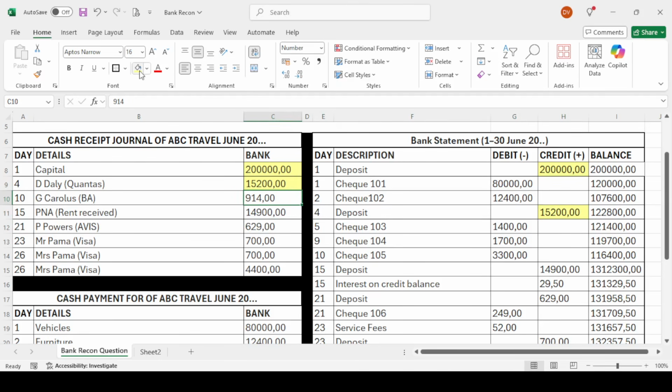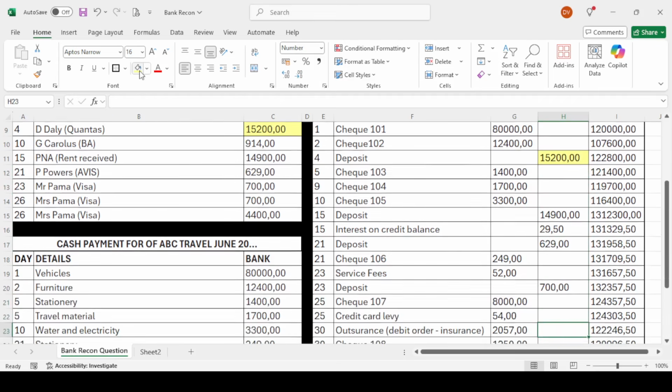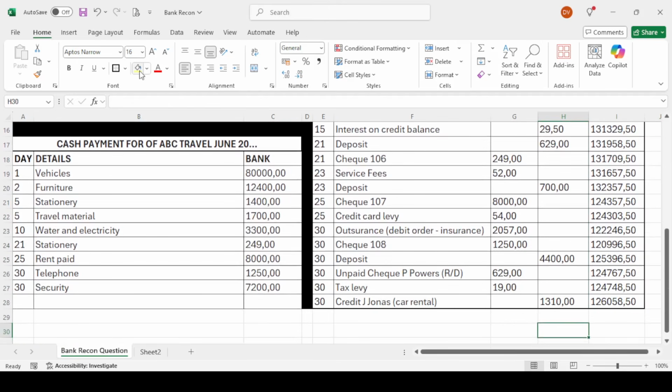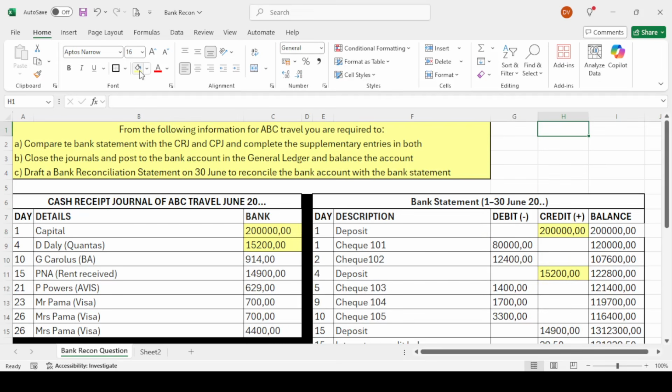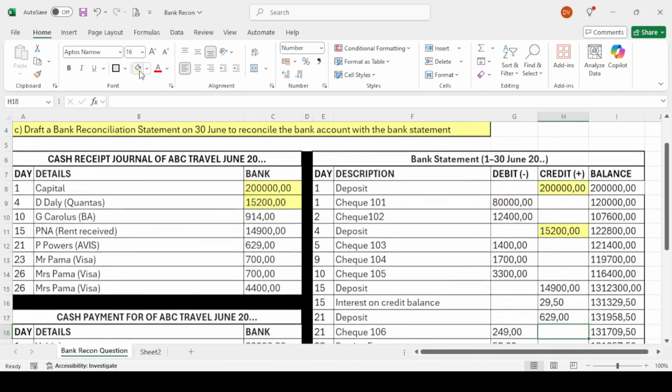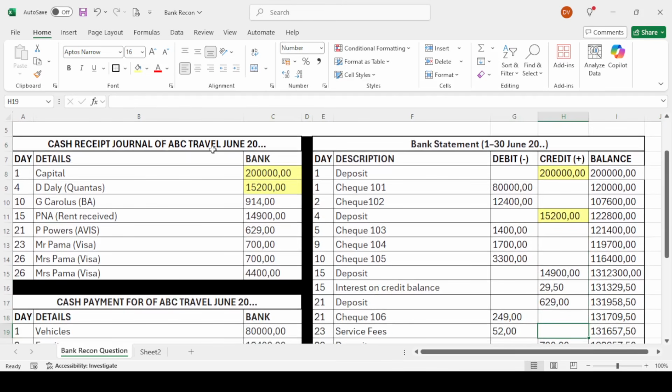Then on the 10th, we've got this amount of 914 Rand. The amounts won't necessarily be in the same order, so you check all the way to the bottom. And actually, I do not see it at all. It is not there. This means that the 914 Rand, you need to circle it with your pencil or point it out to yourself, because later you're going to have to put that amount somewhere. Okay, I'm going to make it red so it stands out nicely.